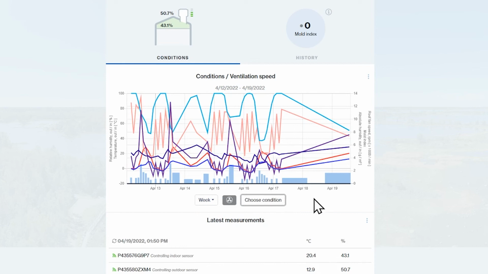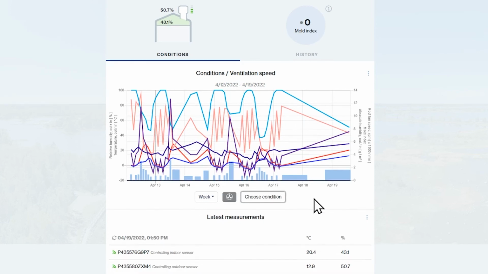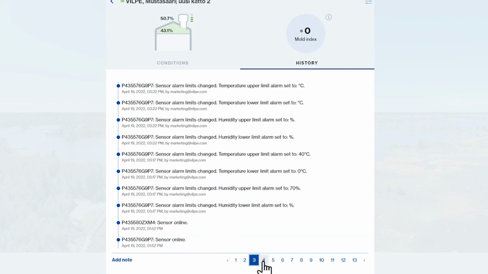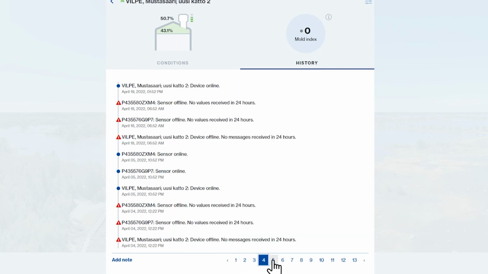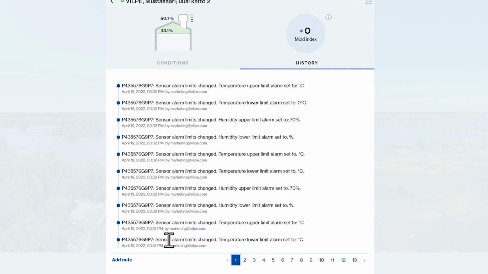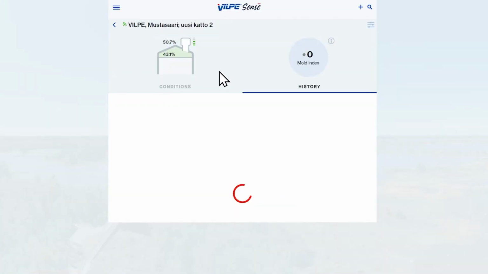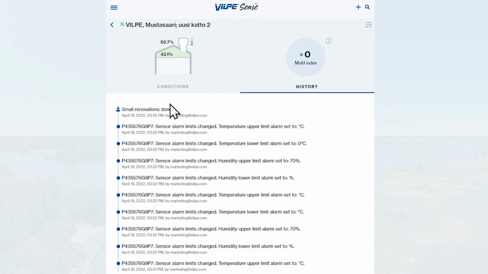In addition to the above, you will also find the history section on the condition page, which contains interesting and useful information about your building. Here you can scroll through the data that has been collected since the system was installed. This data might be useful when you come to sell and wish to prove that you have not had any problems in the structures which might affect the cost of the property. The data will guarantee that the next owners won't have to deal with any humidity or mold problems in the near future.